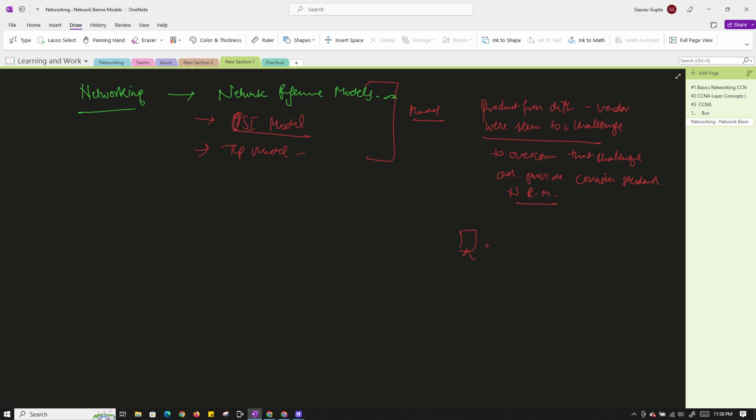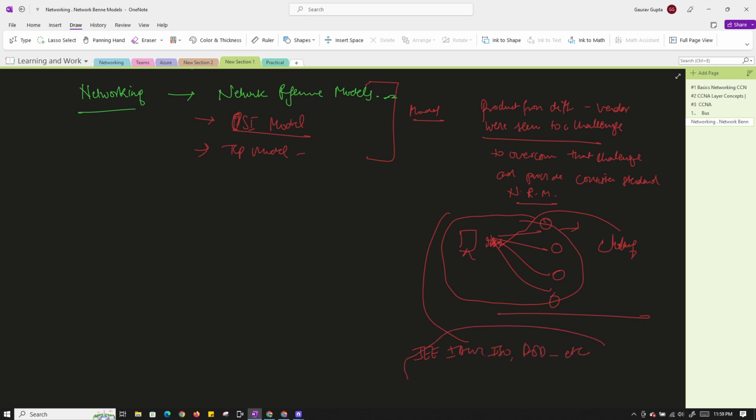Earlier we were having the IBM PC. They required an IBM keyboard, IBM memory space, IBM processor, IBM motherboard, IBM chips, everything. But later on, there were vendors who were creating the same type of things. They were not able to configure their things with IBM processors. So those were the challenges for them. To overcome these challenges, popular organizations like IEEE, IANA, ISO, DoD, etc., invented